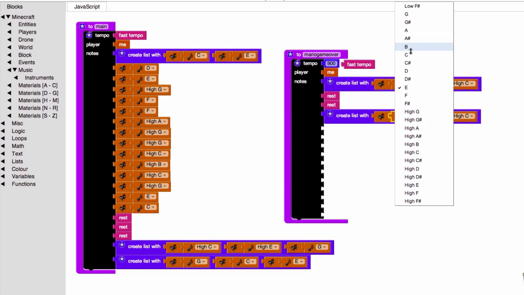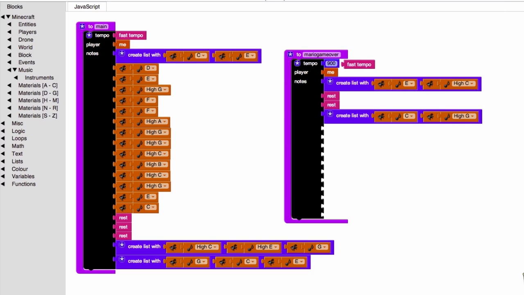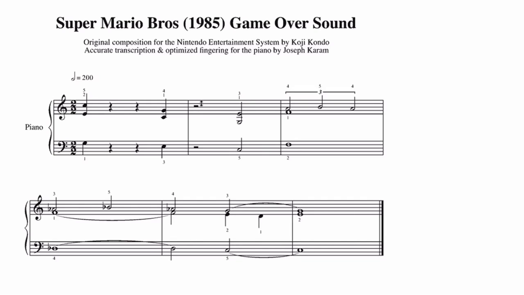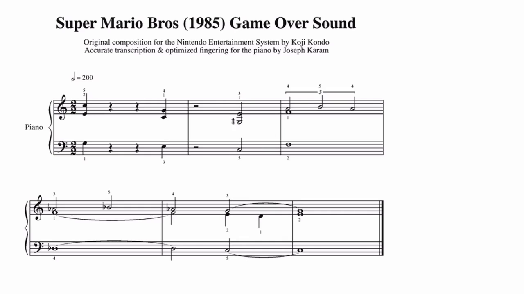So C and G. And now we have another rest. This is a rest for 2 beats. So let's rest again. And then we're going to have another chord, which is going to be a, let's see,